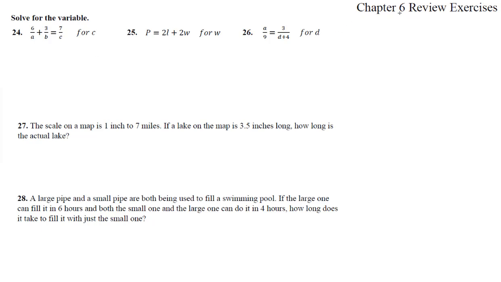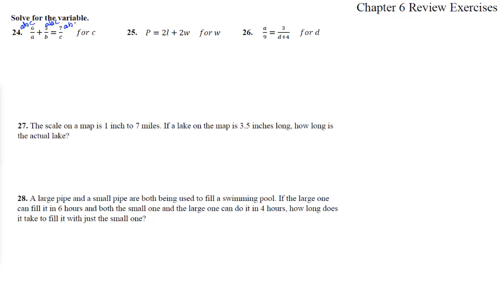Here we are in Chapter 6 review exercises with problems 24 through 28. Here it says solve for the variable. So c, it's in the denominator, so we have to first get rid of all the fractions. It looks like the common denominator is ABC. So times by an ABC,